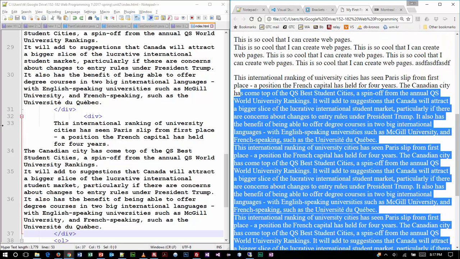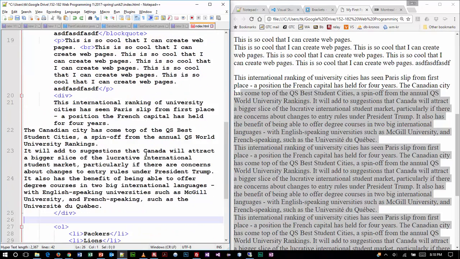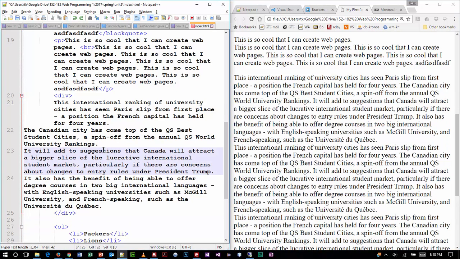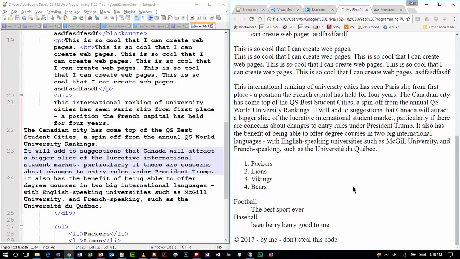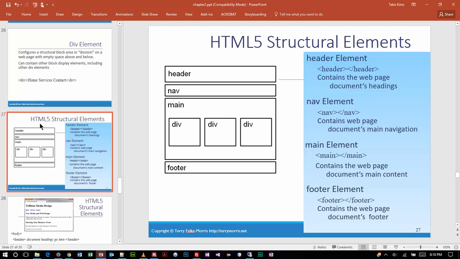Now, I don't want all that text in my document, so I'm going to hopefully remove those other two divs, and it looks like I did. All right, and then come back over here. Let's save, and back over here and refresh. And that's a div. Now, where divs get useful, folks, and the reason they're showing this to us so early in the book is because very often divs are used as structural elements where we don't have other tools to help define those elements. So for example, when we are working with an HTML5 document,